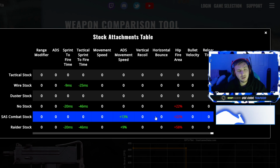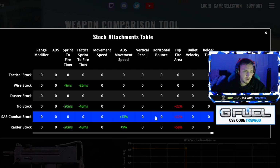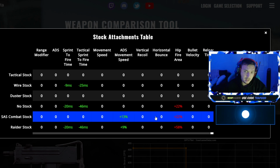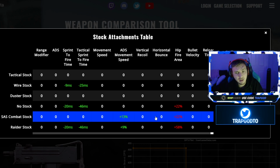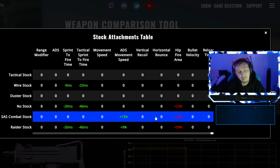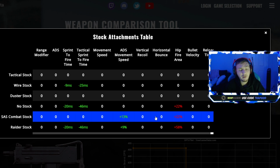The sprint to fire time is a very minimal percentage increase. With that combat stock getting a 13% faster strafe speed, you definitely will notice that. It does get the same hip fire loss as you get with obviously the no stock, but a 13% faster strafe speed, in my opinion, the strafe speed is something I've always covered in my class setup. You definitely will notice because if you can strafe faster left to right, you actually will have an advantage over